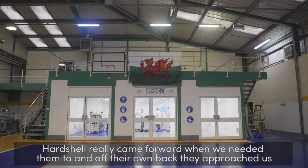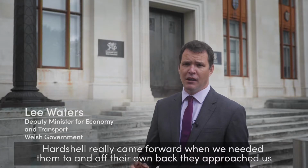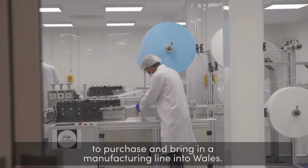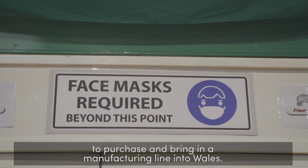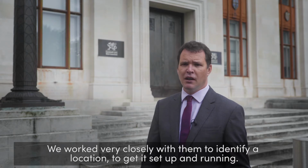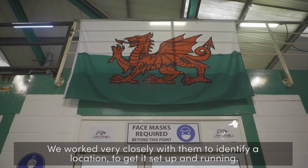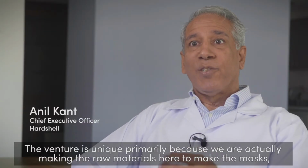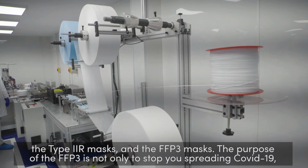Hardshell really came forward when we needed them to, and off their own back they approached us to purchase and bring in a manufacturing line into Wales. We worked very closely with them to identify a location to get it set up and running. The venture is unique primarily because we're actually making the raw materials here to make the mask, the Type 2R